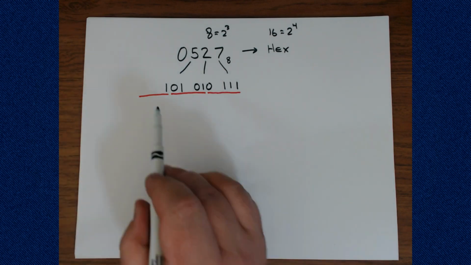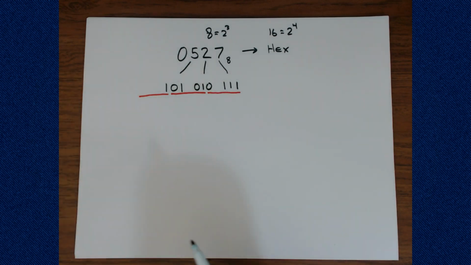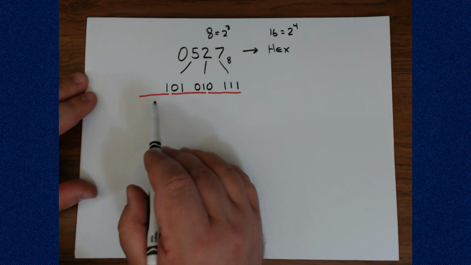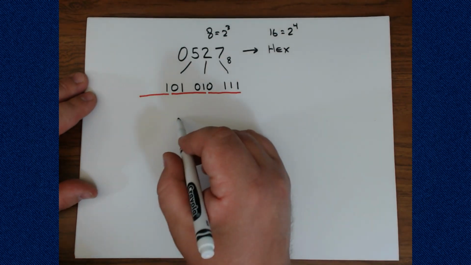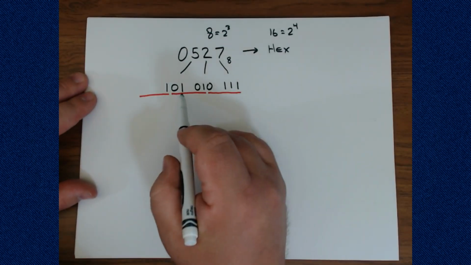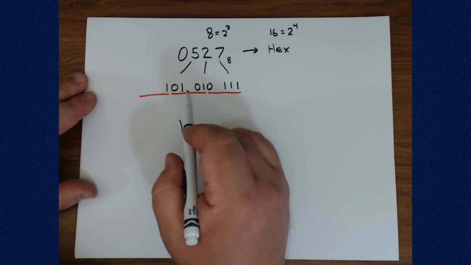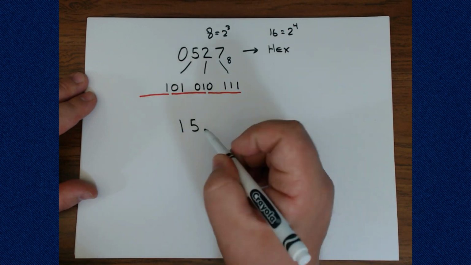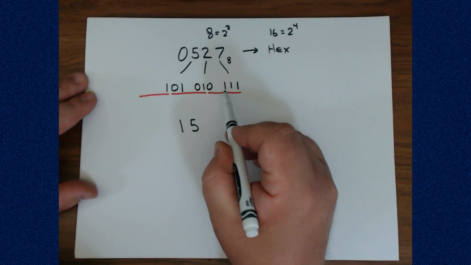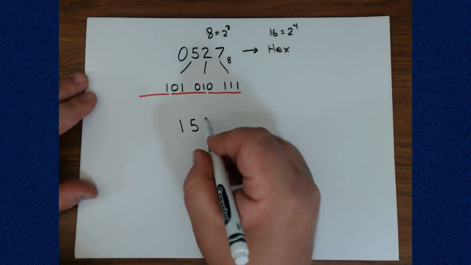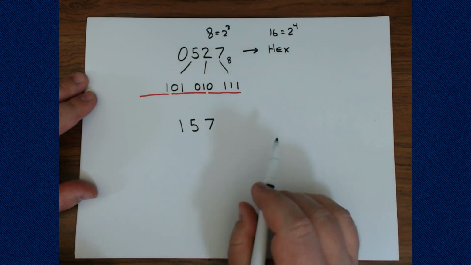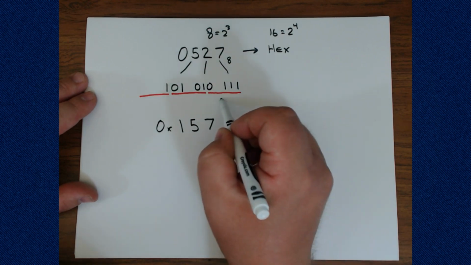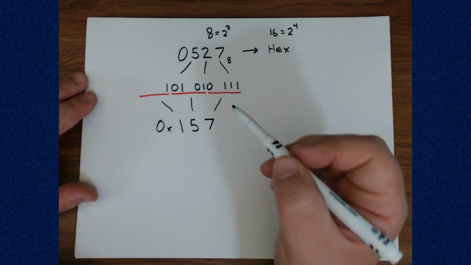All right, so for each of these 3 clusters of 4, each of these 3 nibbles, I can now write the equivalent hexadecimal value. So the hexadecimal associated with the number 1 is actually 1. The hexadecimal associated with 0, 1, 0, 1, well, that's 4 plus 1. This is 5. And the hexadecimal here in these 4 bits will be 4 plus 2 plus 1. That's 7. So we can say we've got hex 157, where each of these came